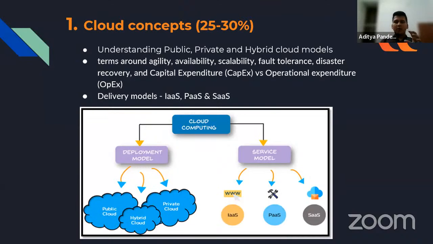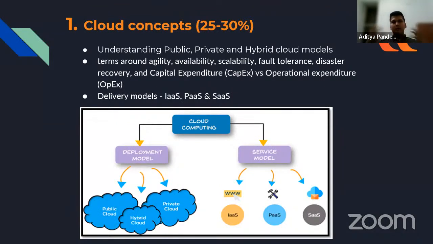So let's talk about the syllabus part, like what all things are covered in cloud concepts. When you study cloud concepts, you will be understanding public, private, and hybrid cloud models, which I've already explained in the previous slide.